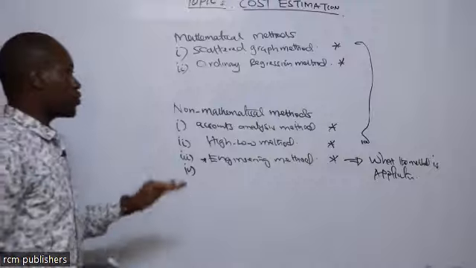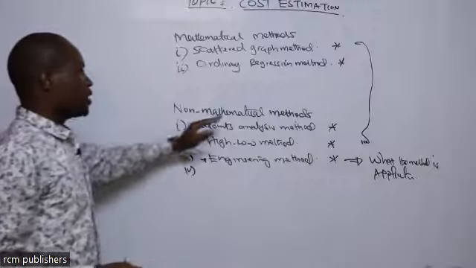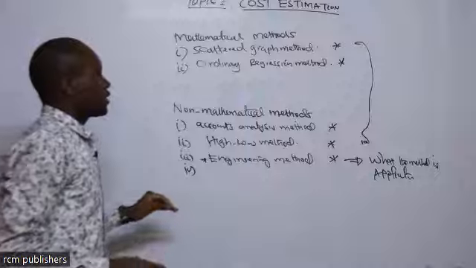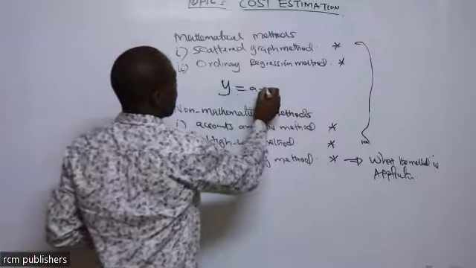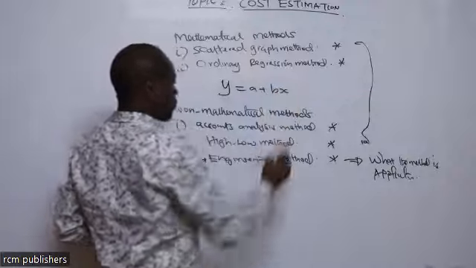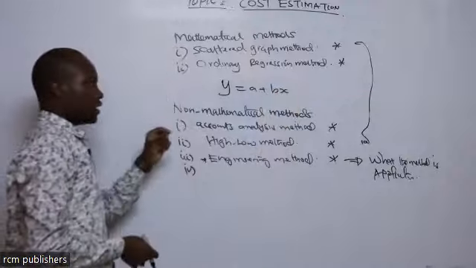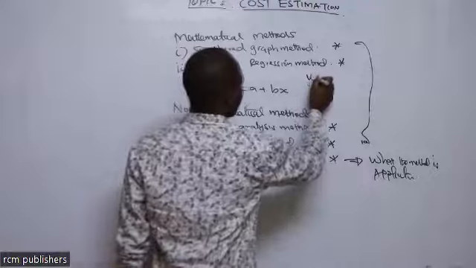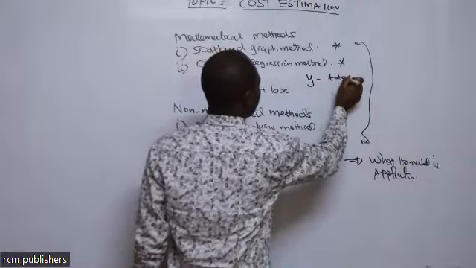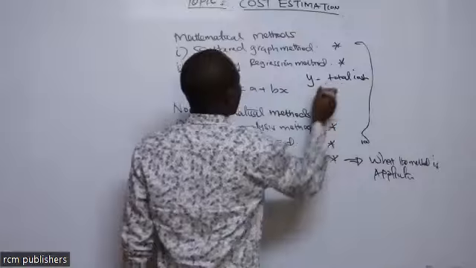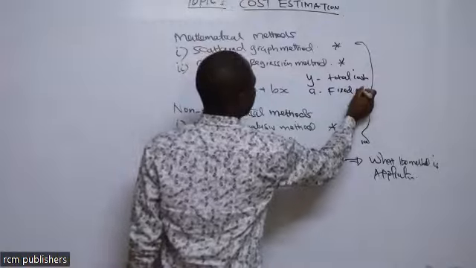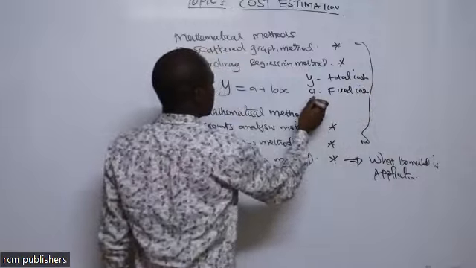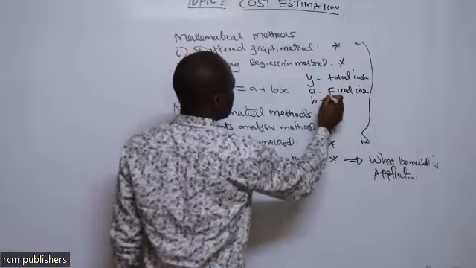Once you know that, because all these other methods must take you to y equals a plus bx, which the other day we said that y is the total cost, a is the fixed cost, and b is the variable